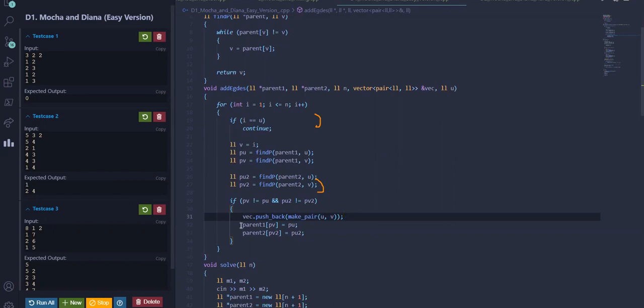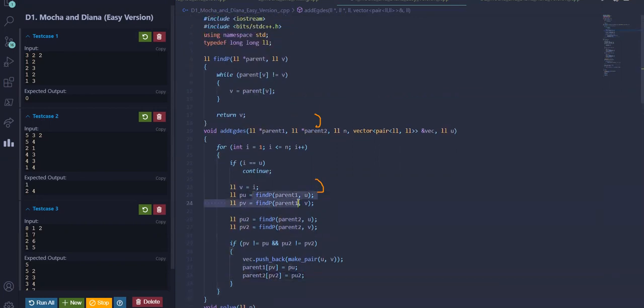And since we now added the edge between u and v, we will make their ultimate parent the same. So parent of pv1 is equal to pu1. Similarly for the second forest, in Dyna's forest, we will mark the parent 2 of pv2 equal to pu2. Now let's see this find function.